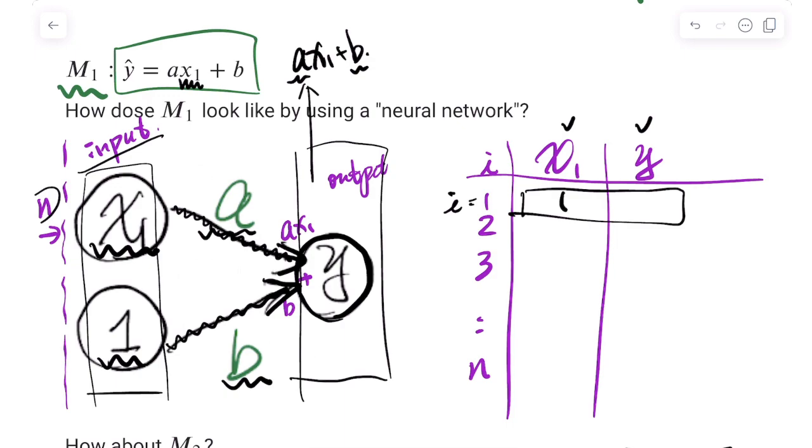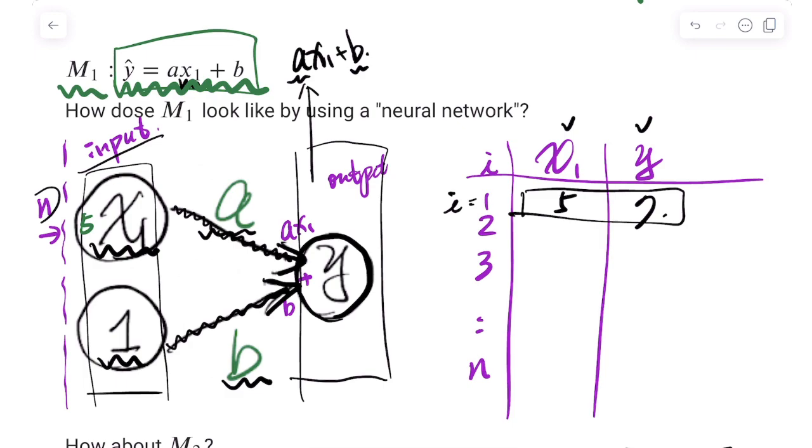So for example, if it's 5 and 7, 5 will be right here, and y will be 5 times a plus b, something like that. So that is how we use a graph, use neurons, use a network to represent a linear function. If you believe the relationship between x1 and y is linear,